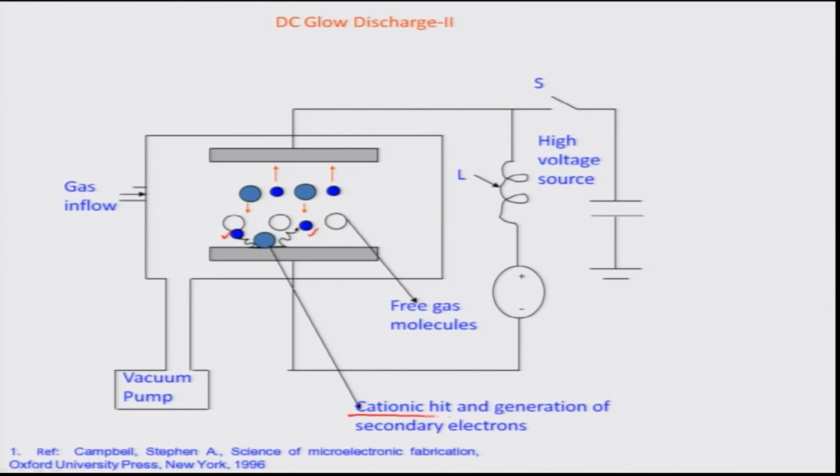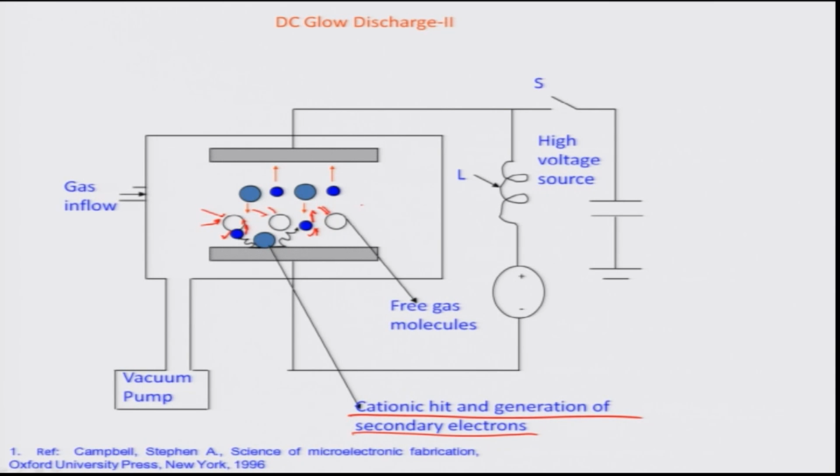and so therefore the cationic hit would result in the generation of secondary electrons, and the electrons again would retain a momentum in the opposite direction because obviously they are being pulled by the field towards the anode, okay, and so they rush back, and while rushing back they hit further neutral atoms or neutral molecules which are available in the chamber, and try to ionize them further. So basically the secondary electrons which are getting generated here create a sheath of ions and electrons very close to the cathode plate,